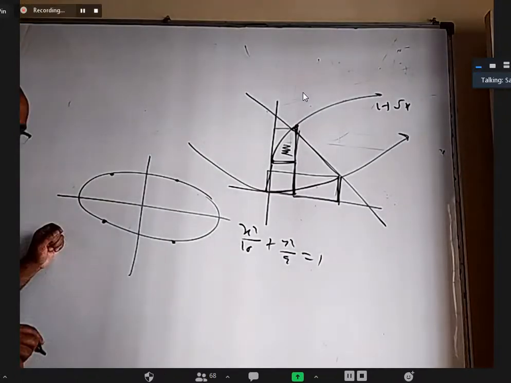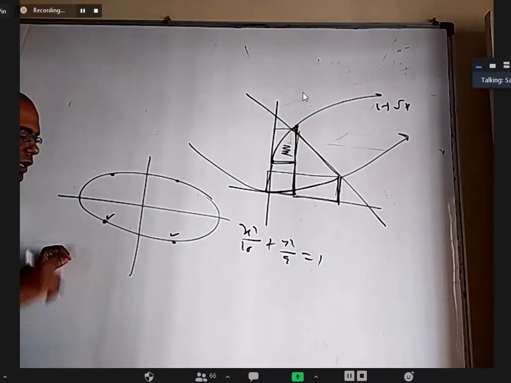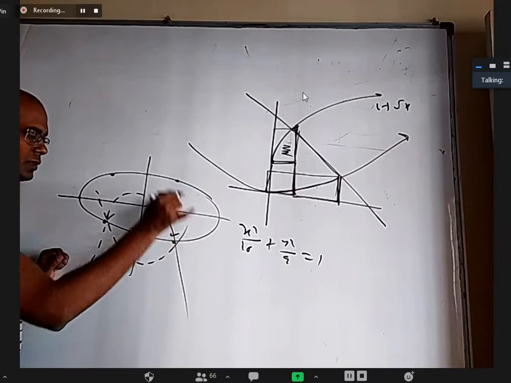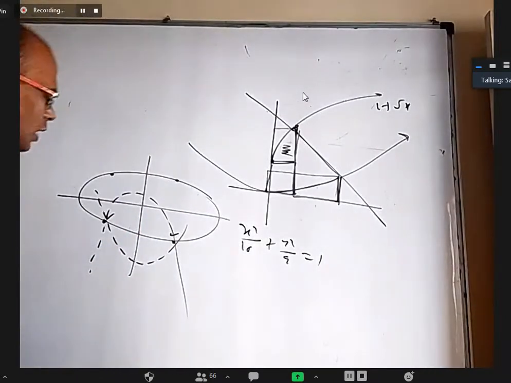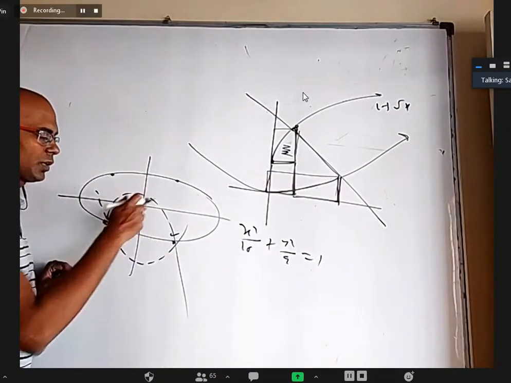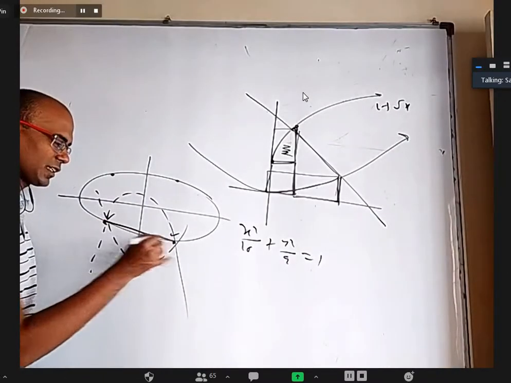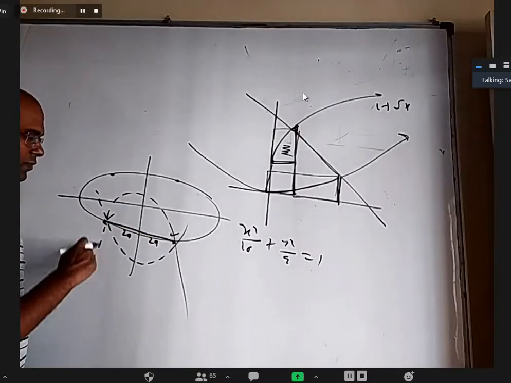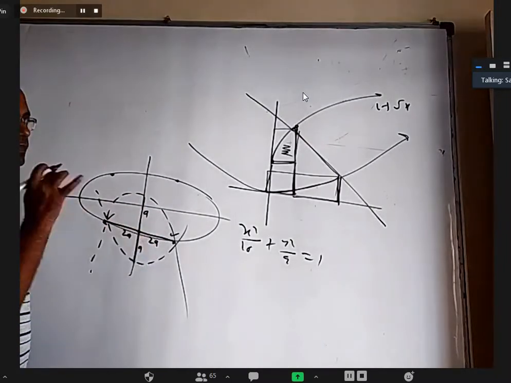What was the question is, having these 2 as ends of latus rectum, there are 2 parabolas. One is like this and one is like this. What is the area between these 2 parabolas? That's the question. Now, you are supposed to find these 2 points, find these two parabolas and integrate from here to here, upper curve and lower curve. But I don't need all that. I'll tell you why. If this is the latus rectum, I know this is 2a, this is 2a, this total is 4a. And if this is a parabola, I know from the focus this length is a and this length is a. So let me draw this figure separately.